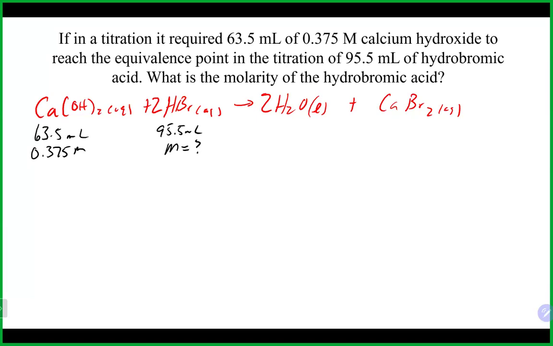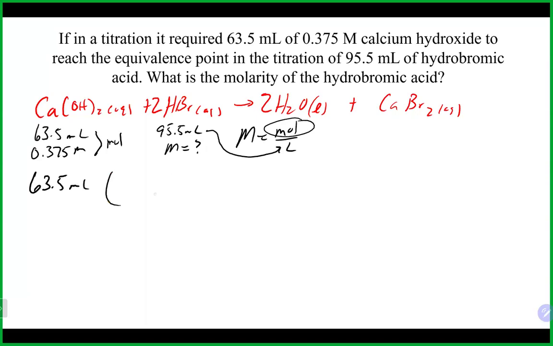It is just a basic stoichiometry problem. We can get moles of our calcium hydroxide, and that's going to allow us, when we're looking for our molarity here, to figure out the moles part. The liters part is right here. We just have to do the conversion to liters, and then we'd be good to go to put it in there. So we also need to convert our 63.5